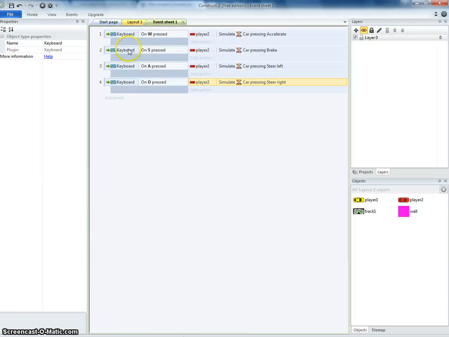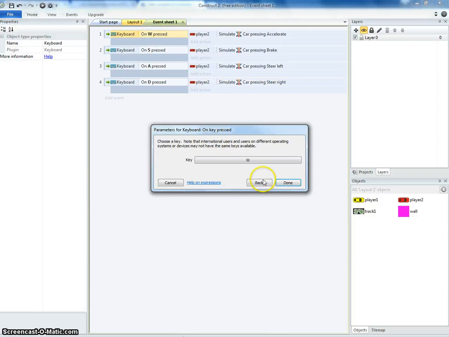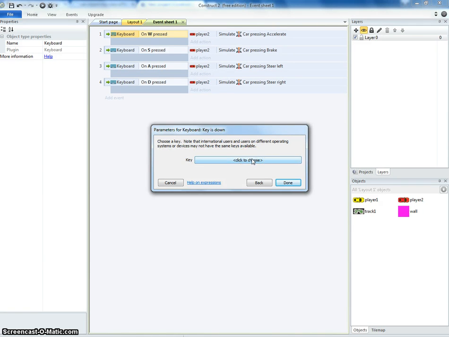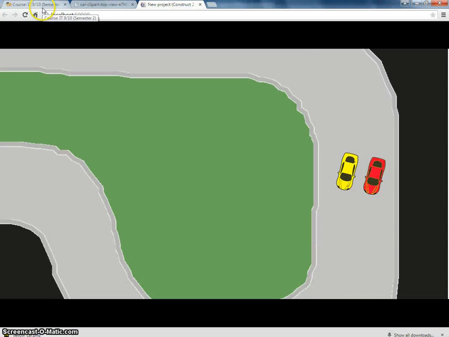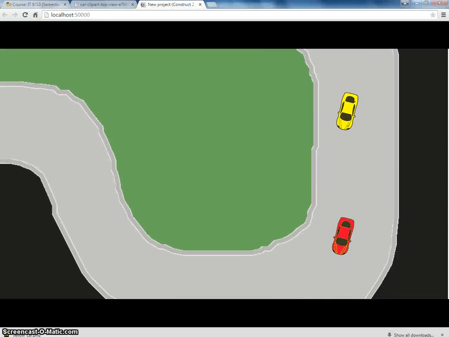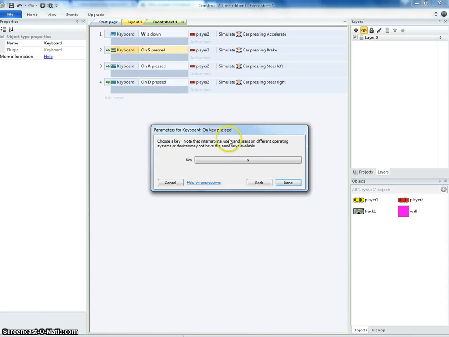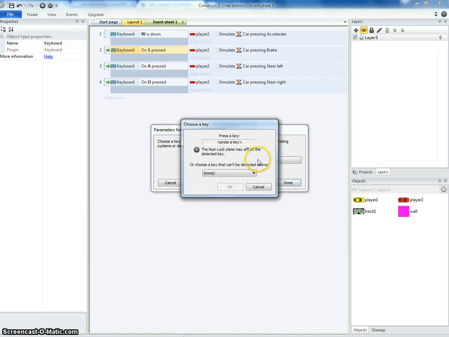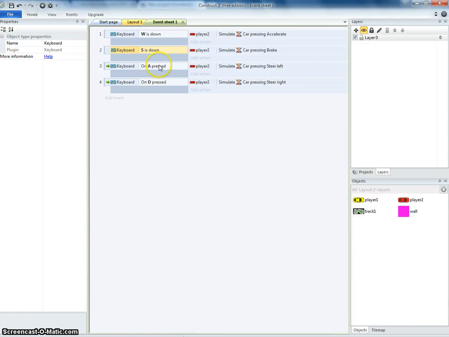And that didn't work. Let's try on key. Key is down. See if that works better. There we go. So sorry, I made an error there. It's not key is pressed. It should be key is down. So when the S key is down,